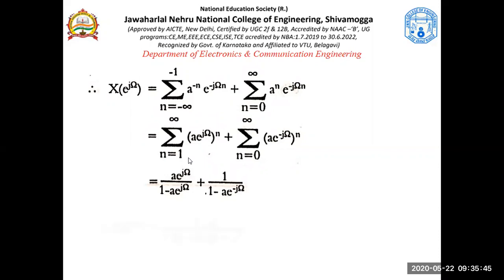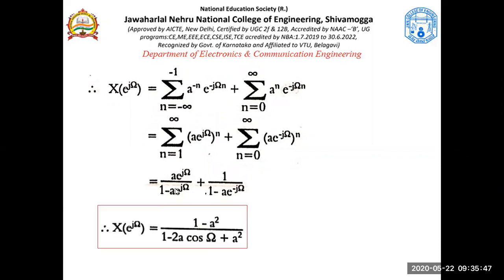Fine. So you can take the LCM and rearrange this so that you can have this cosine term also. That means the complex exponential terms are there. If you take the LCM and rearrange the terms properly, you can express that in terms of sinusoidals. So do that part yourself. It would be a good exercise for you to learn things. Fine.